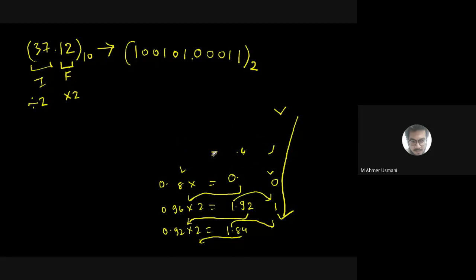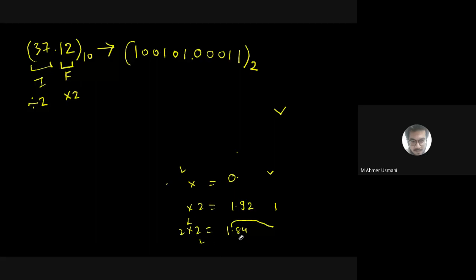Now that binary part I need to convert into octal. So I'll group the bits in groups of 3. Start grouping them. Before the point, you have to follow the sequence from right to left, and the part after the point you have to start from left to right. Is that clear? So please follow the same sequence.